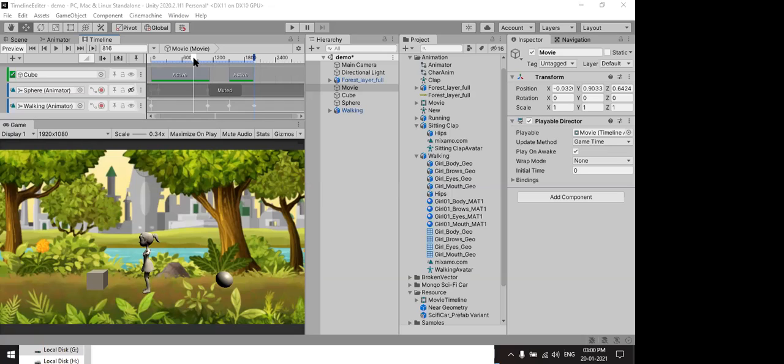Anyone? Ruchika, are you there? In timeline editor, when do you use activation track, when do you use animation track?